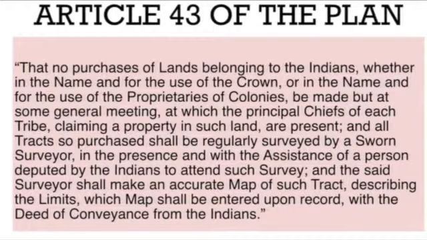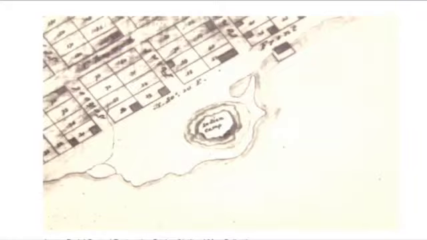Okay, so after 1783, it's really only a matter of time. They are squeezed out at Kingston, and they end up on Mississauga Point, which is really a sad reflection of what happened and how the treaties failed our people. The early treaties failed our people. Mississauga Point, you would never know Mississauga Point today. It was a naval yard. Mississauga Point today in Kingston, other than the historical sign.